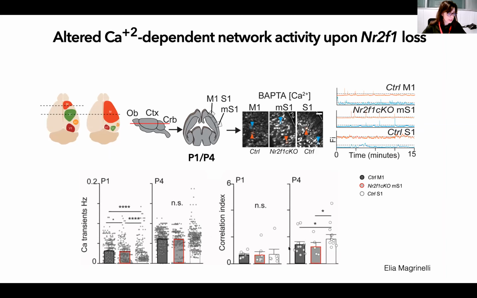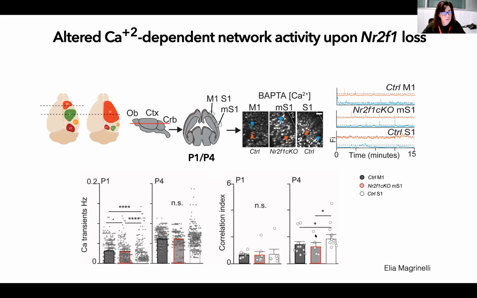But specifically, when we compared the MS1, the motorized somatosensory cortex, that is NR2F1 deficient, to the motor and somatosensory cortices of controls, we observed a slight and very subtle, but significant, increase in the frequency of calcium transients in the mutant cortex compared to the other control structures, as well at P1,